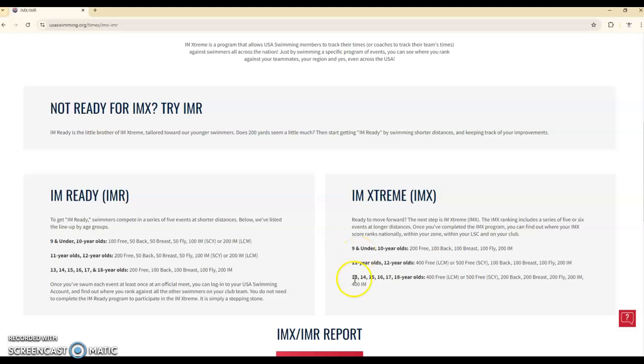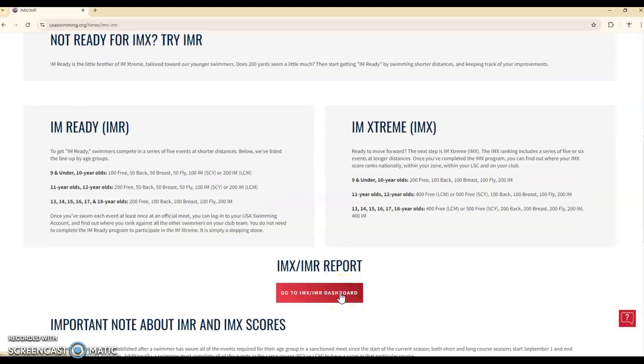IMX, again, what events in that season. It's by season, not total time. So within that season, completing each of these events. If you want to go down to the IMX and IMR dashboard,